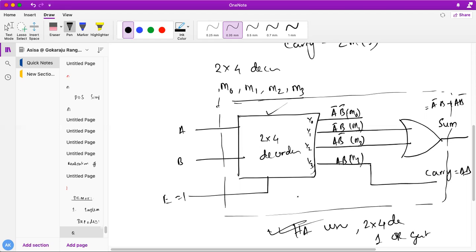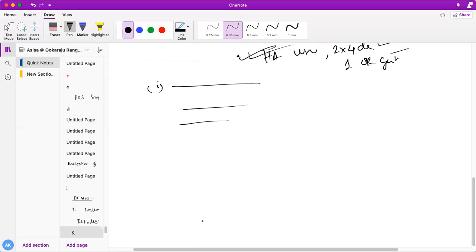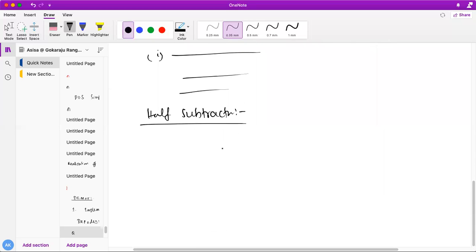So half adder. In some GATE exams, they will give many options like this. A half adder can be designed in different combinations. They may also give this type of combination. How many decoders does it require? It requires one 2 cross 4 decoder and one OR gate. Okay. Half adder requires one 2 cross 4 decoder and one OR gate. And the same we require for the half subtractor also. Tell me how to design a half subtractor. Very simple. So half subtractor also requires one 2 cross 4 decoder and also one OR gate.